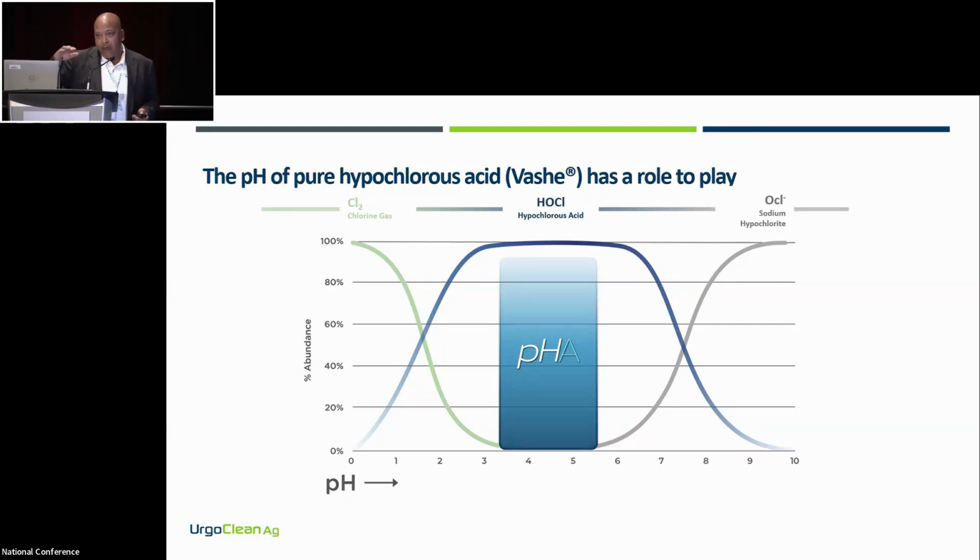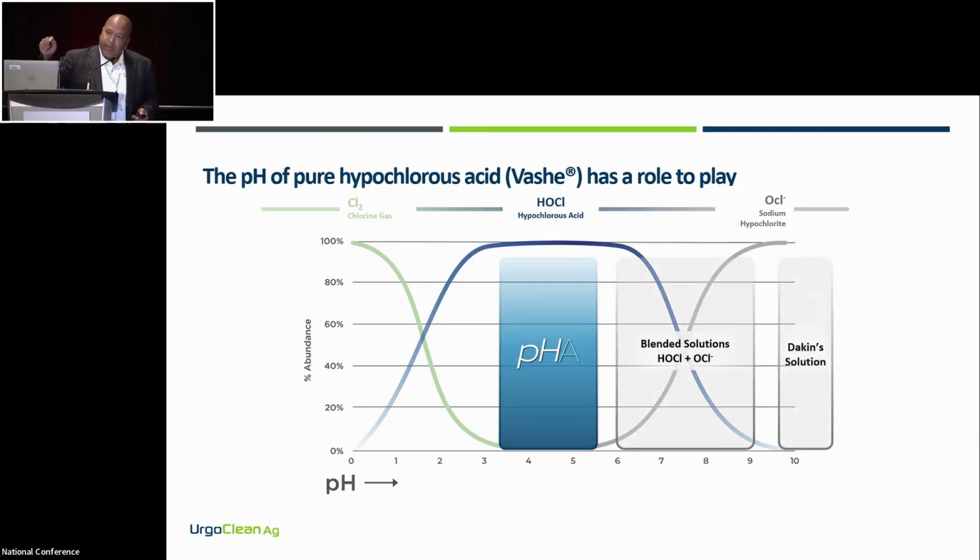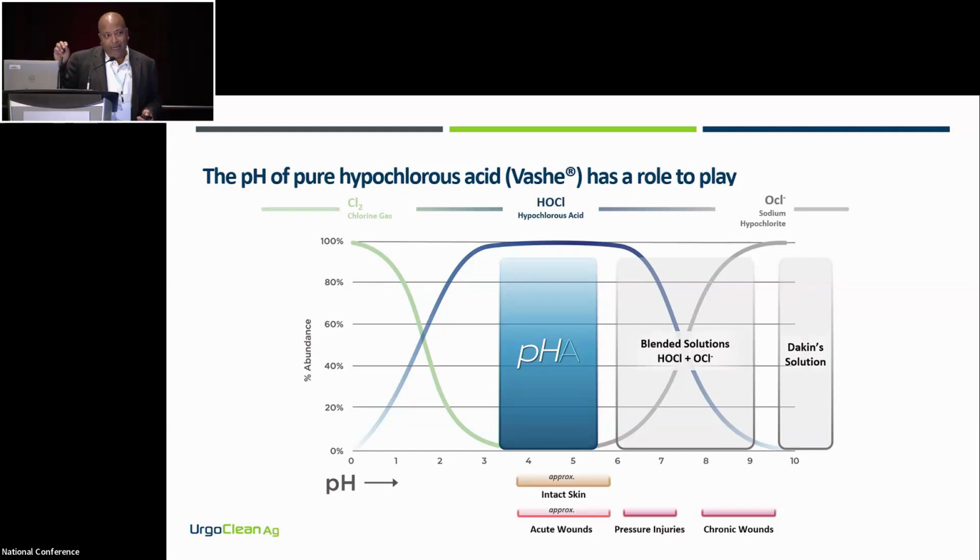most important statement, the parts per million of Vashe will remain stable over time. It is stabilized at that range. It makes sure that the product remains as the good between the twin, Dr. Jekyll, and Mr. Hyde, which I believe is the evil, is this Dakin solution because it's hypochlorite and highly cytotoxic. So the pH of Vashe is very similar to the pH of intact skin, and that tells you something about why